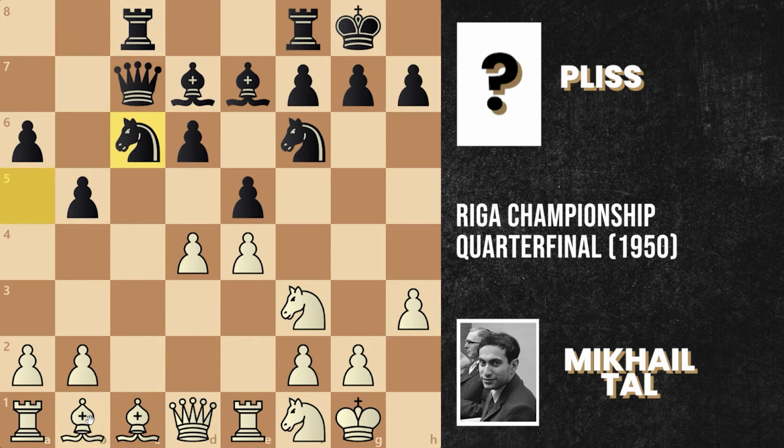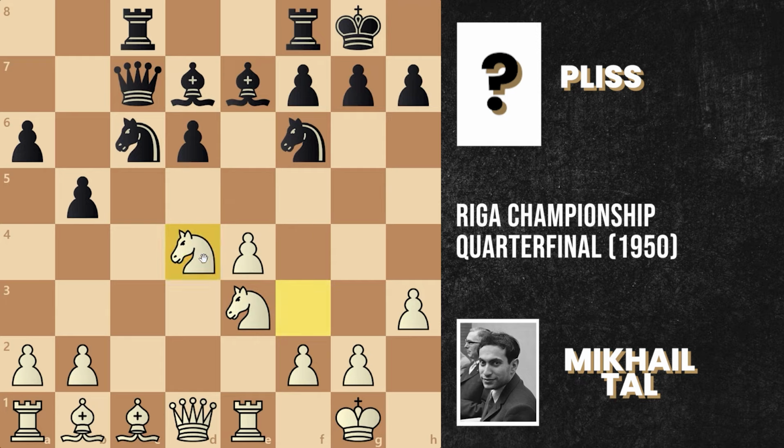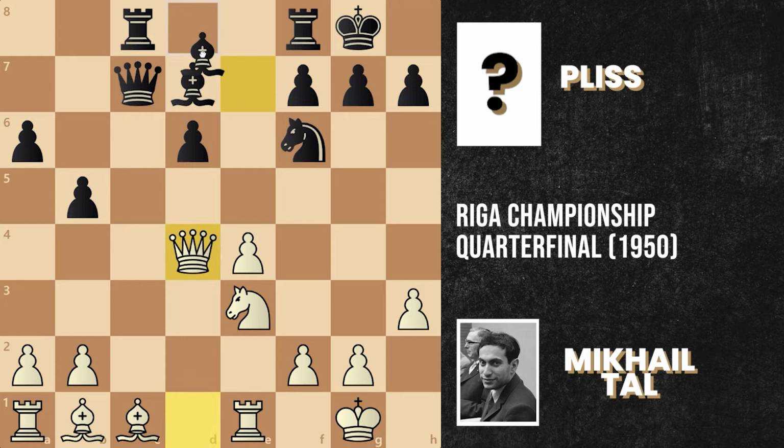Now knight to c6, attacking this d4 pawn, and Mikhail Tal played knight to e3. Black played pawn captures on d4 and Mikhail Tal played knight to d5. But if we go back, Mikhail Tal can also continue this game with knight captures on d4, then knight captures on d4, and after queen captures on d4, black can continue the game with the bishop to d8